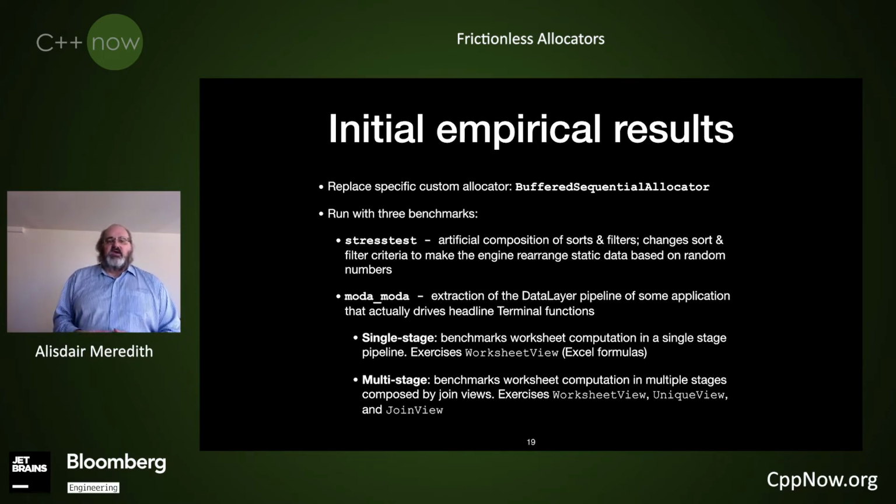So taking our existing code that does this, we have two examples. A stress test, which is an artificial example written to stress the composition of sorts and filters on the data, to just really try to create a heavy workload to see how our allocators work in that pattern. And Moda was an abstraction of an actual workflow that comes through our main application. So something like an Excel worksheet with a bunch of formulas and a lot of data running through that, to see, as a more realistic real-world example, does the performance profile show there as well?